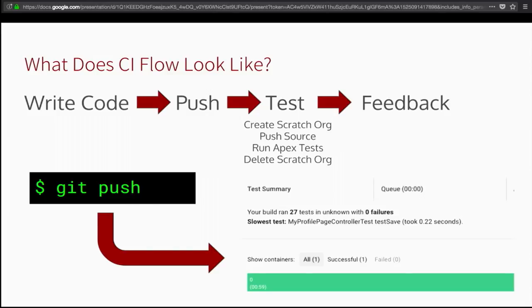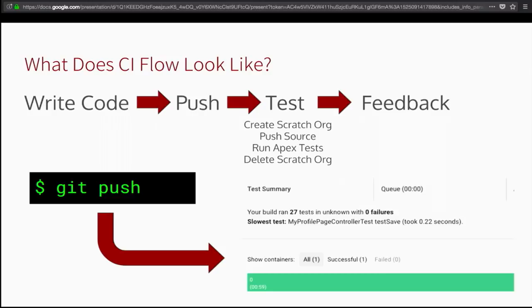If you are a developer or an admin or a developer admin who is working on building a Salesforce product, you're always starting, of course, with writing code. And again, I should say writing code can mean Apex, it can mean JavaScript, it can mean XML, it can mean Process Builder and Flow. You're writing your code against a Salesforce DX scratch org. You're committing your code to your version control repository as you're working with Salesforce DX. If you're making declarative customizations, you're pulling those customizations back down into your local store and committing them to that source of truth, your version control repository.